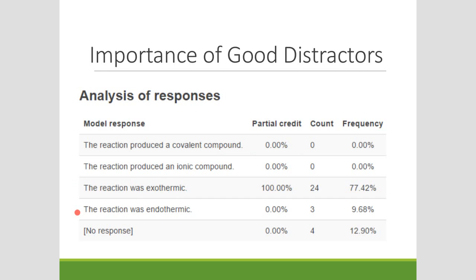So when you see a question like this, where there are responses that not many students are picking, or no students are picking, that's a chance to start rewriting that distractor to put in something that students are more likely to pick. Because if you put in something that students are more likely to pick, then you're going to get a better sense of how well students are actually doing in terms of their understanding